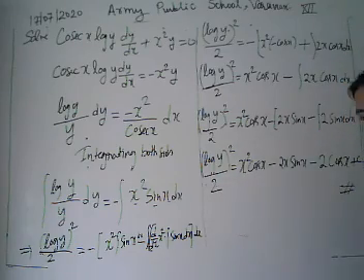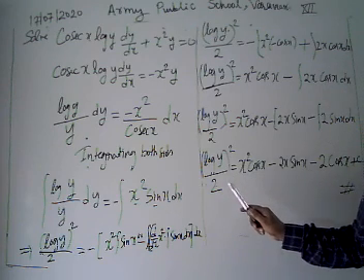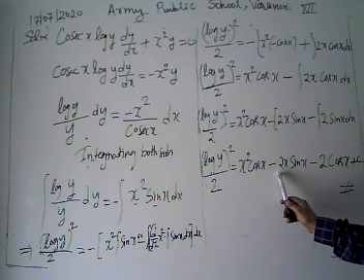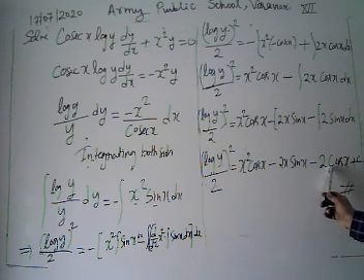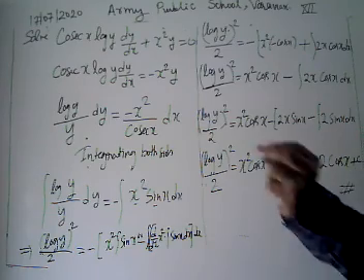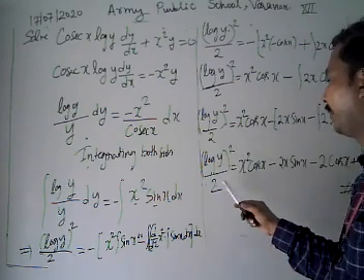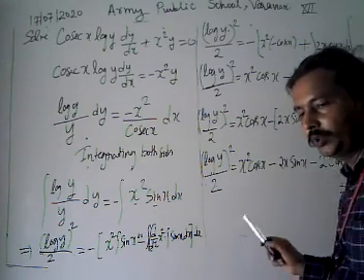Now what is the solution we have? We have (log y)^2/2 equal to x square cos x minus 2x sin x, and then minus 2 cos x plus c. Also we can write this by shifting the values: our solution is (log y)^2/2 = x square cos x plus 2x sin x plus 2 cos x equal to c.